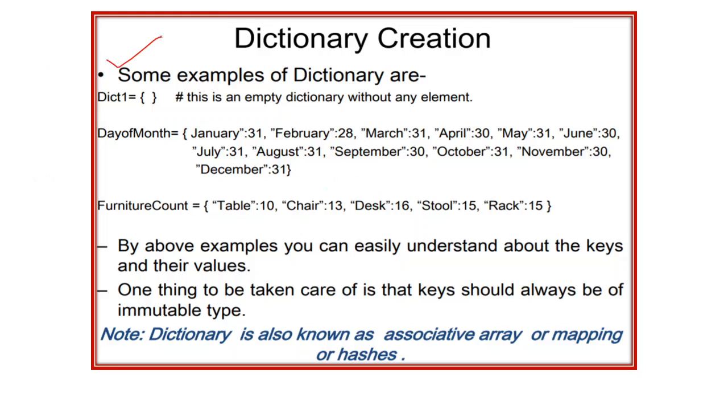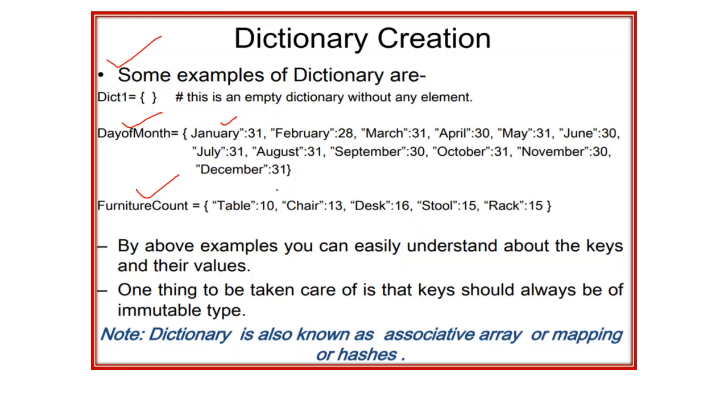Some more examples of creation of a dictionary. Here dict is equal to empty curly brackets. It means it's an empty dictionary. It contains nothing. Here we have created a dictionary, day of month. January, Feb, March, April, all these are keys, and values are 31, 28, 31, like this. Another example of a dictionary: furniture count, table, chair, desk, stool, rack are keys, and 10, 13, 16, 15, 15 are